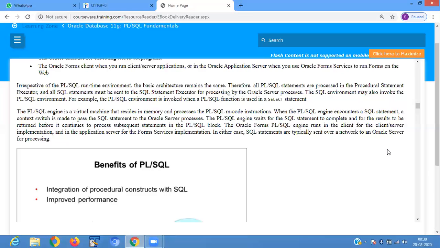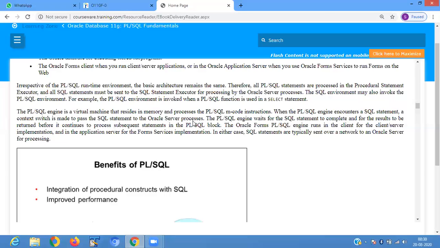When the PLSQL engine encounters a SQL statement, a context switch is made to pass the SQL statement to the Oracle server process. So in a PLSQL statement, you find both procedural language statements and SQL statements.